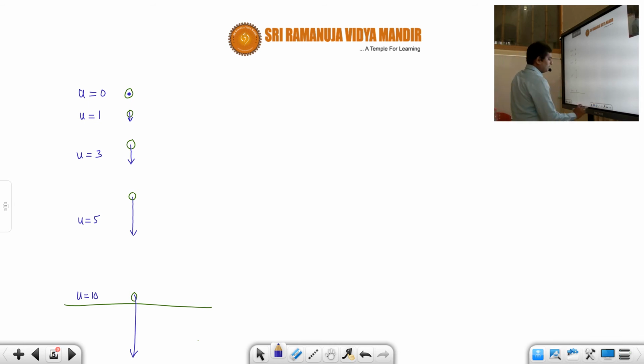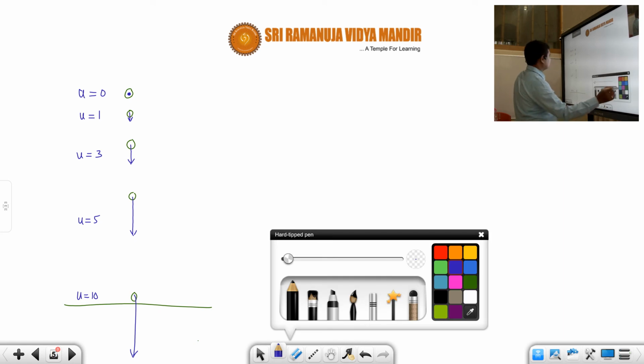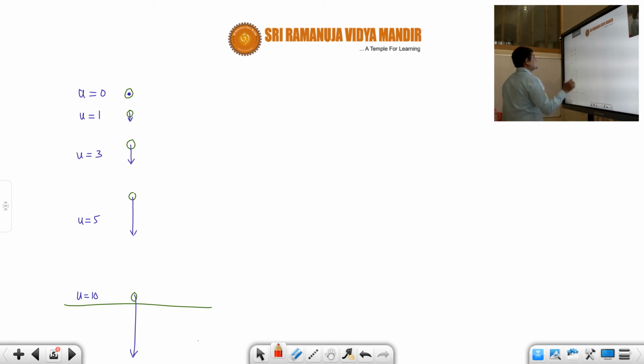Okay students, now suppose you are asked to draw the acceleration. Just observe carefully students, for the first ball, when the ball is just dropped, I did not draw any arrow because the initial velocity is 0. But when you are drawing the acceleration, acceleration is always constant. So here a is equal to g, in this case also a equal to g, and in this case also the same a equal to g.